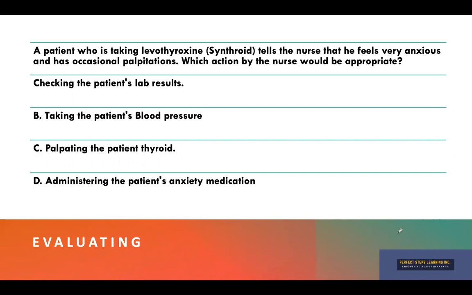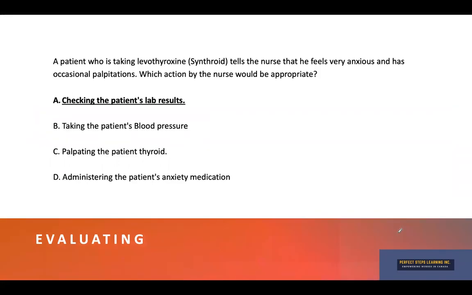So think from that point of view and mark your answers. And let's see. Now, if you look at the questions, don't you think we need more information? Because the patient's symptoms are anxiety and occasional palpitations. So if you think that you need more information, which answer would you pick? Yeah, that's right. So we're going to pick A, where we're going to check lab results, because this is where